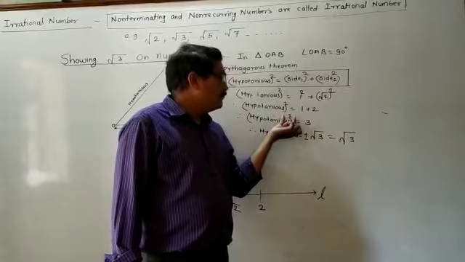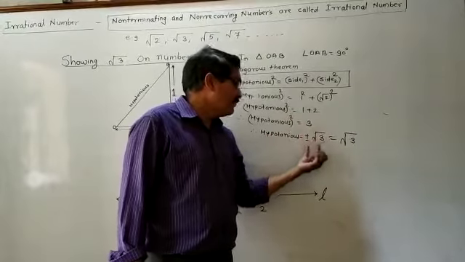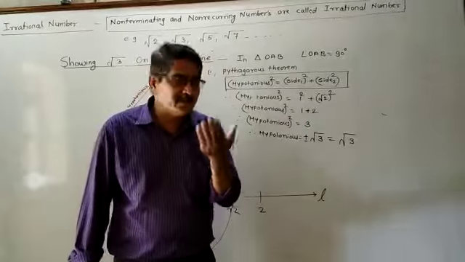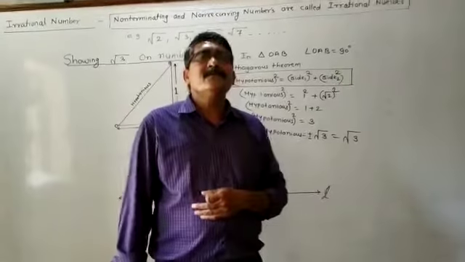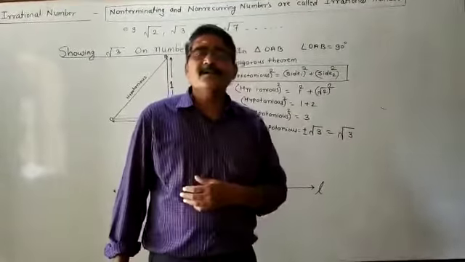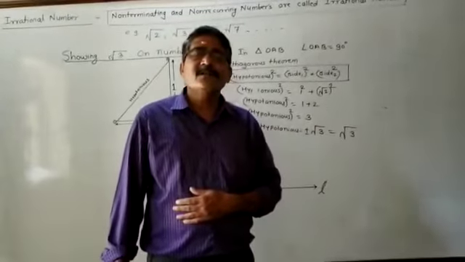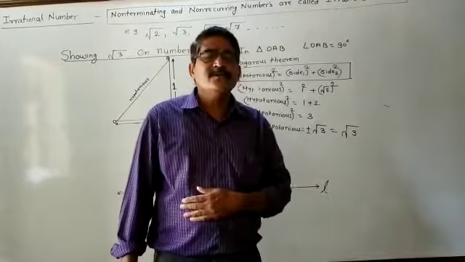If you remove the square from the hypotenuse square, at that time you have to take the square root, and each number has 2 square roots. One is positive and another one is negative, but today you have to draw the positive square root of 3 on the number line, means you have to show the positive square root of 3 on the number line. So how you have to show this on the number line, that you have to see now.